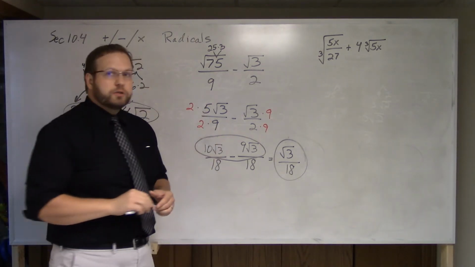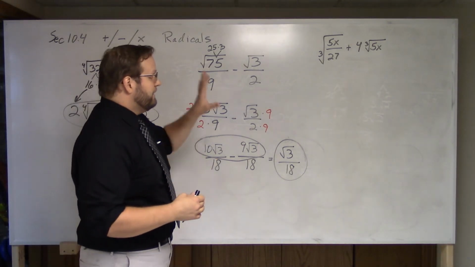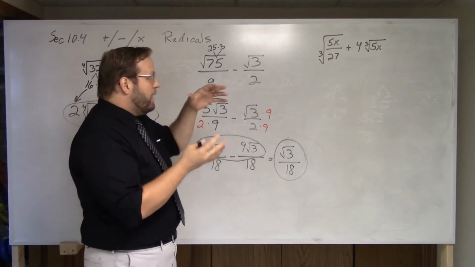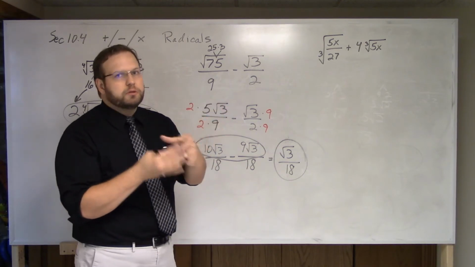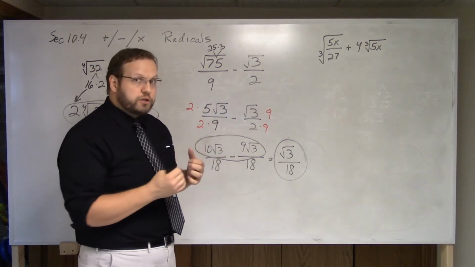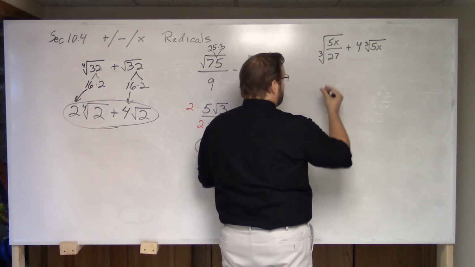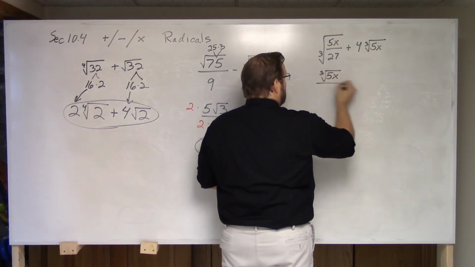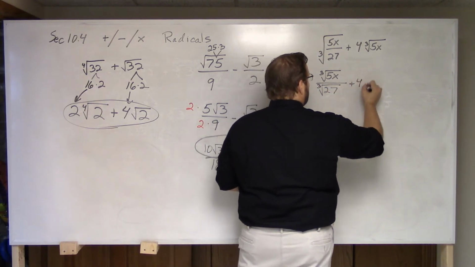Okay? So first of all, let's clean up any radicals that we can. That fraction that we have at the beginning, remember what I say about the fractions. I want to keep that one big radical if the fraction itself is reducible. In this case, it's not. So it'll be better for me to use that quotient rule and separate those two radicals into two radicals. So I would have a cube root of 5x over cube root of 27